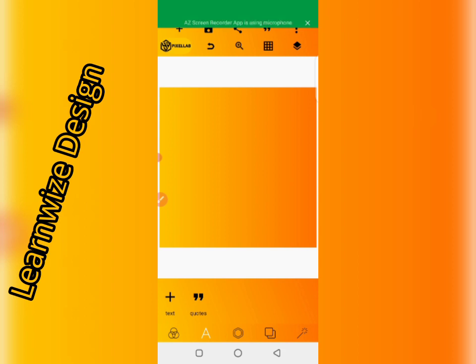In LearnWise Academy, we teach people how to design using their smartphone. So if you want to start designing with your smartphone, or you desire to master your skills in smartphone design,